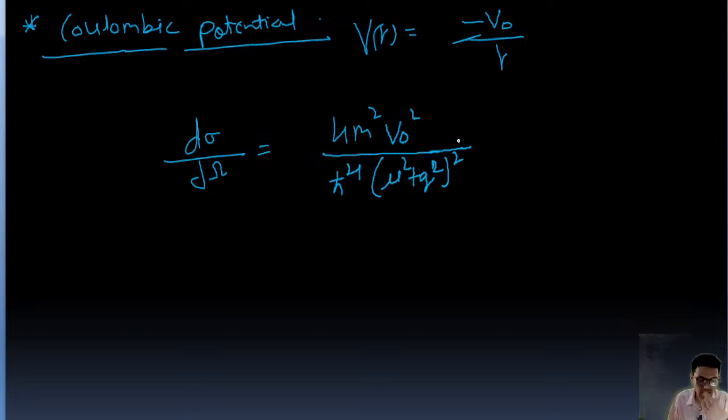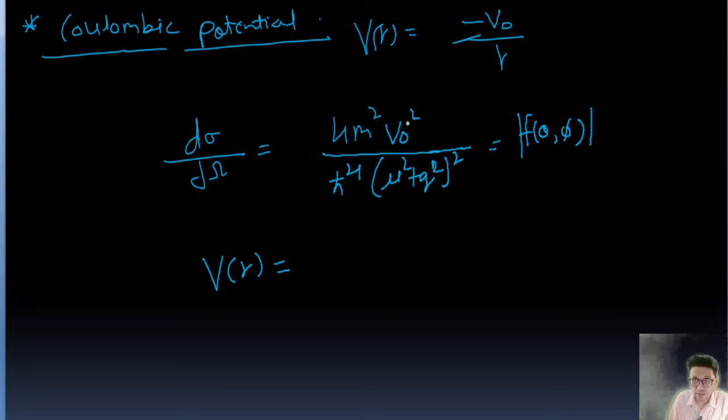Okay, so this is the one, and this is mod square of f(θ,φ). This we know. This is also in the form of Yukawa potential. How, I'll show you. So V(r) we can write like this,